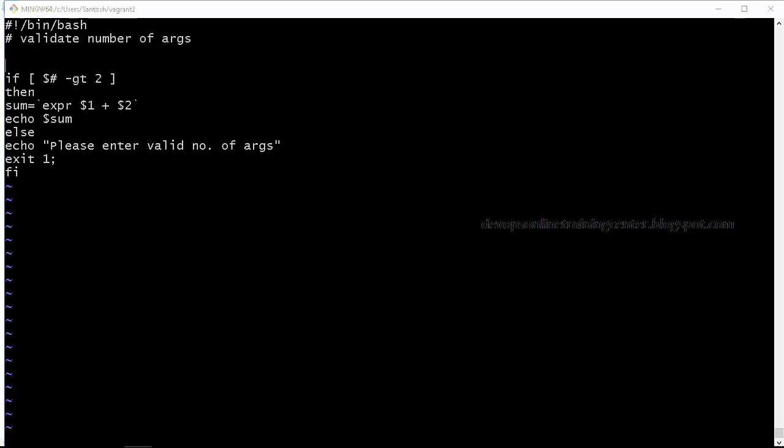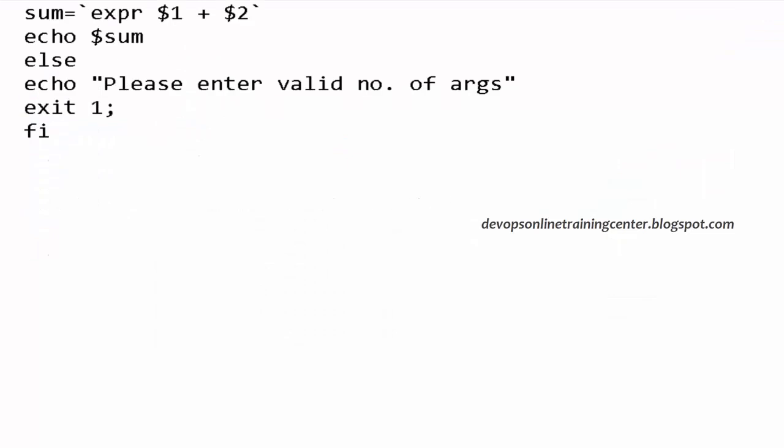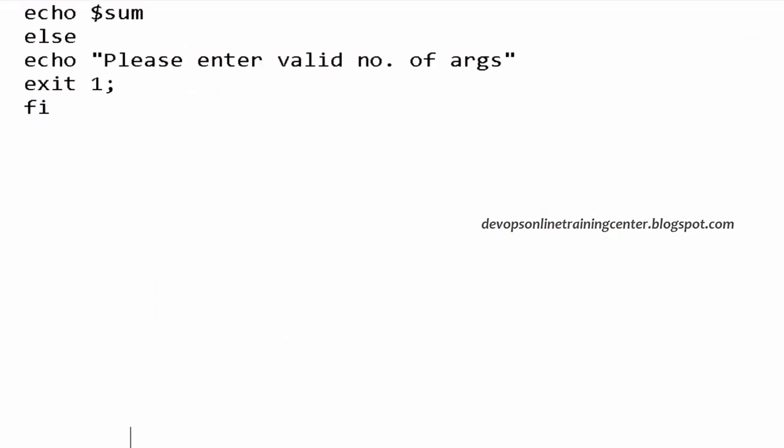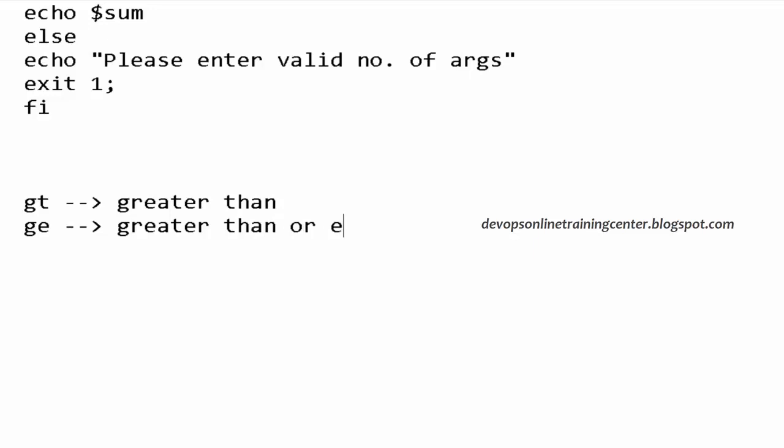Is this correct? So here this greater than indicates, if you want to compare two numbers, we have something called GT. These are operators which perform some kind of comparison.